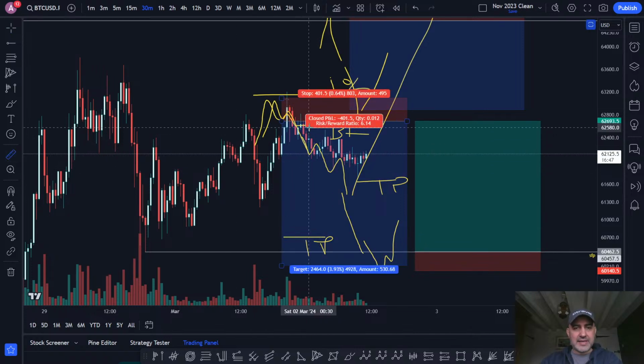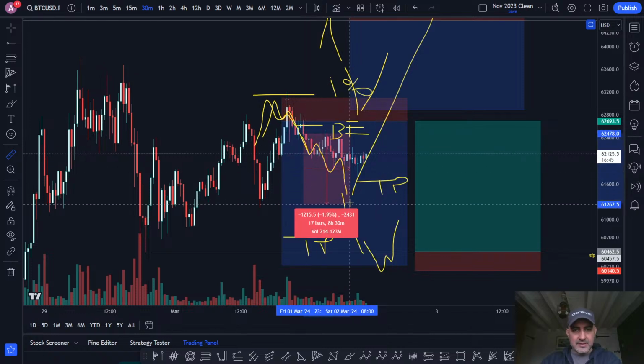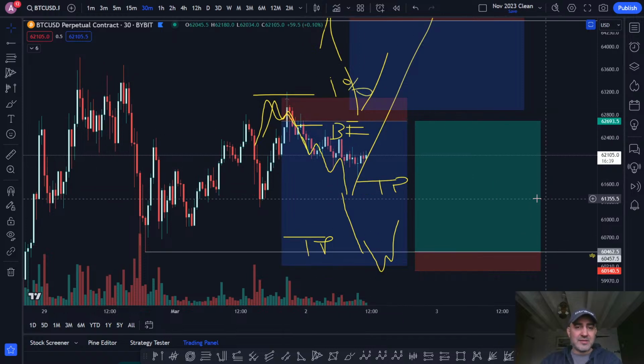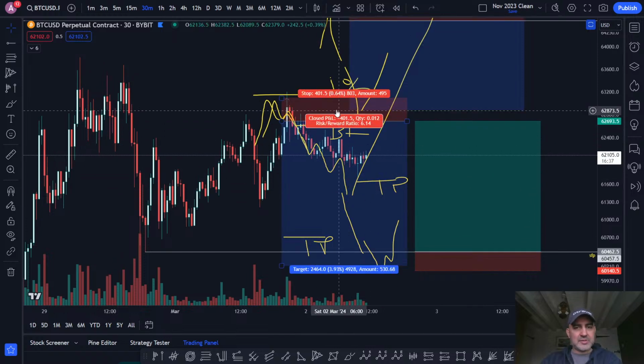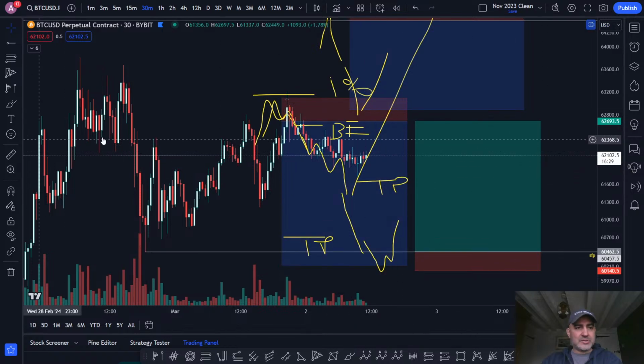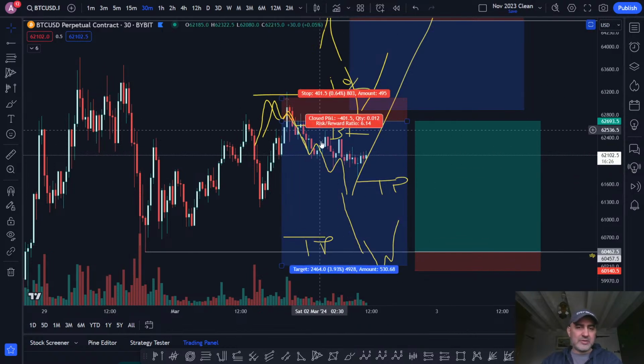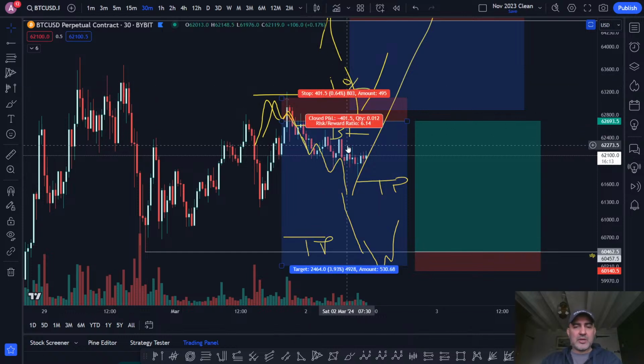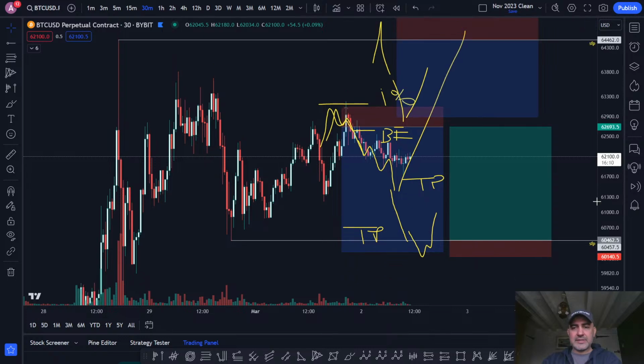Even if they got in late, the price has easily come down 1% without stopping out the position, and you would have taken profit by now. That profit would have been 1% of your account value because your risk would have been about 1%, and you've easily made your 1%. You'll probably have a little runner. You could set your stop at break even, or even leave your stop where it is, and even if you get stopped out on your runner, you won't lose because you've taken most of your profit out of the trade. Okay, so you see,